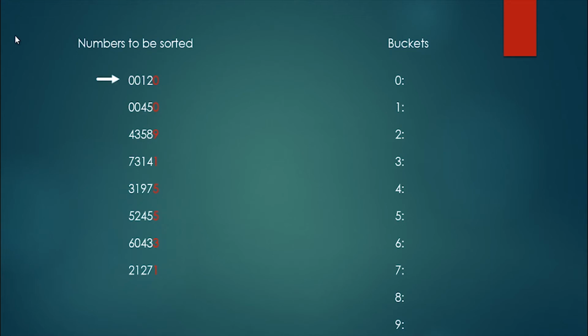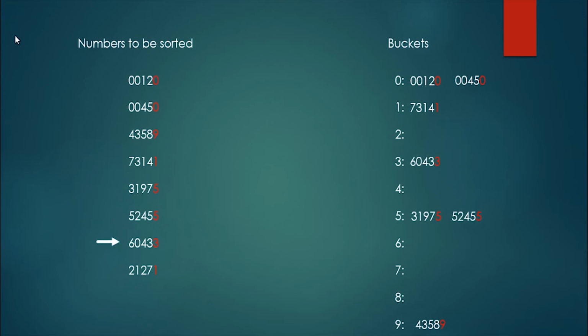We put 120 into the 0 index bucket, because the last digit is 0. The next one is 0, 2, so we keep putting there, then 9, then 1, then 5, then 5 again,